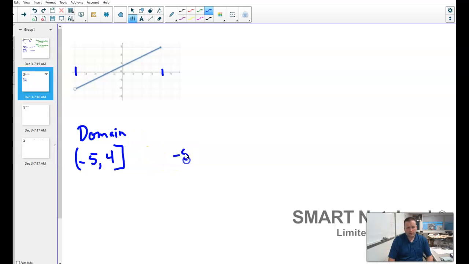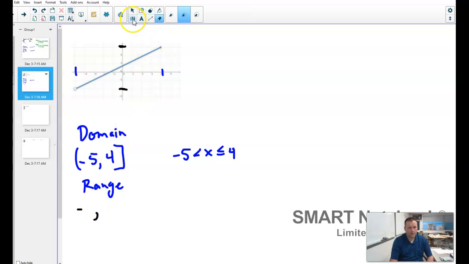I would go -5, which is less than x, which is less than or equal to 4, is what that would be. Okay? For my range, I'm interested from down to up. So the furthest down this one goes is here at -2, and the furthest up it goes is to 3 here. So when I go to write this one, we go -2